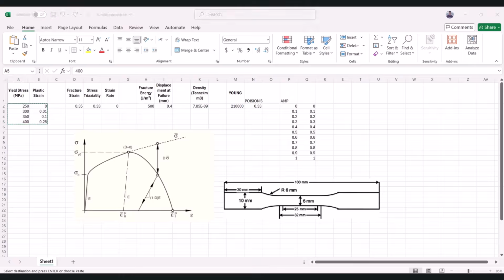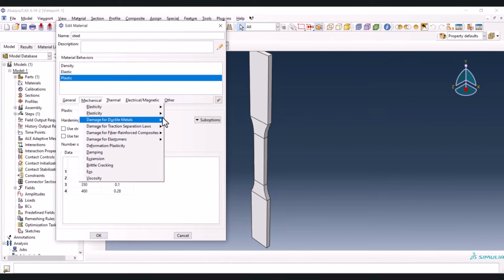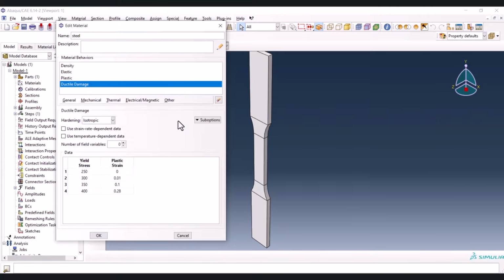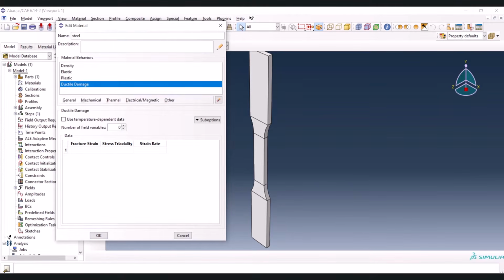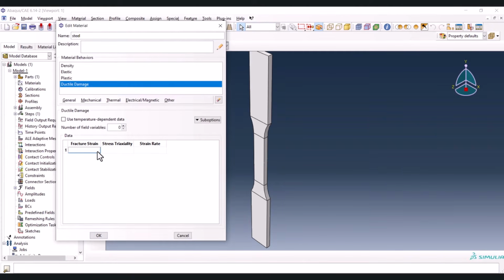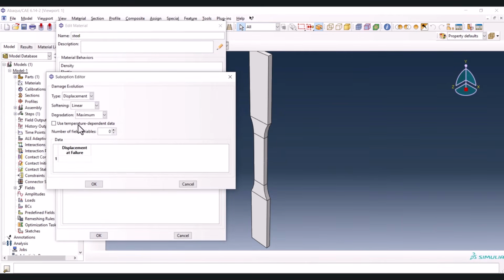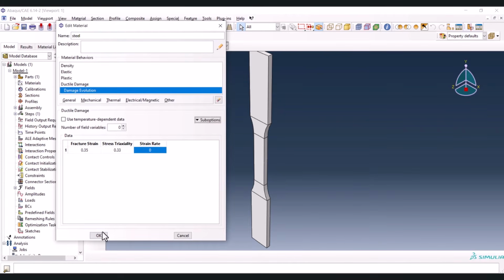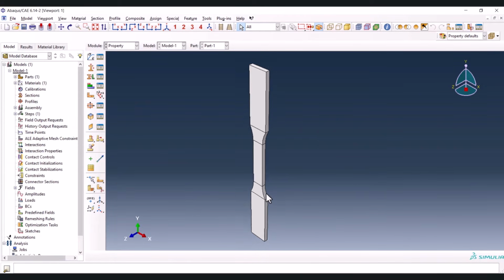So we have to go in the mechanical damage for ductile material and ductile damage. Here we have a couple of fields that should be filled. So this one 0.35, 0.33, 0, and also we have to have the damage evolution, displacement, linear maximum, and 0.4. We click OK. Now we have to create a section,